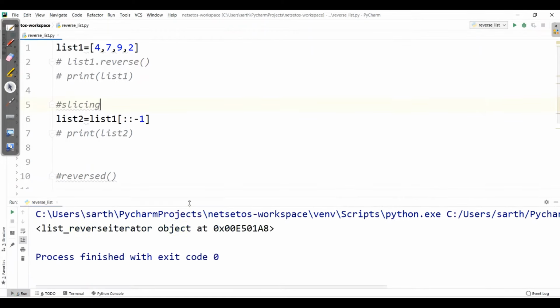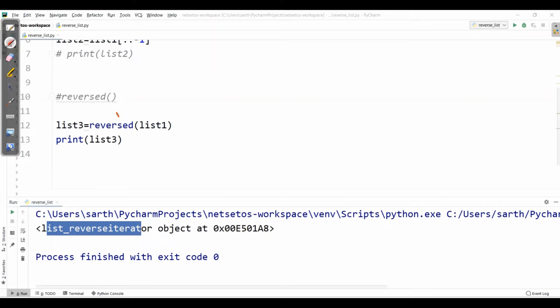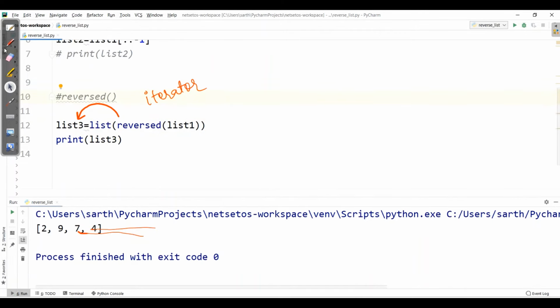So when I run this, I got list reverse iterator. That means it returns a reversed iterator as given over here. Now, so as to get the elements, I need to typecast into list. When I run this, I got the elements in reversed form of list1.